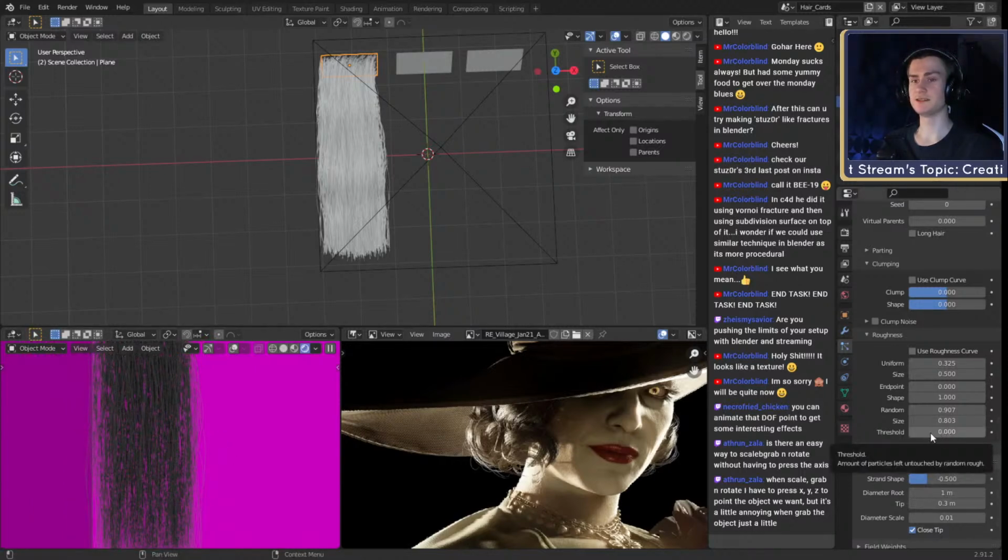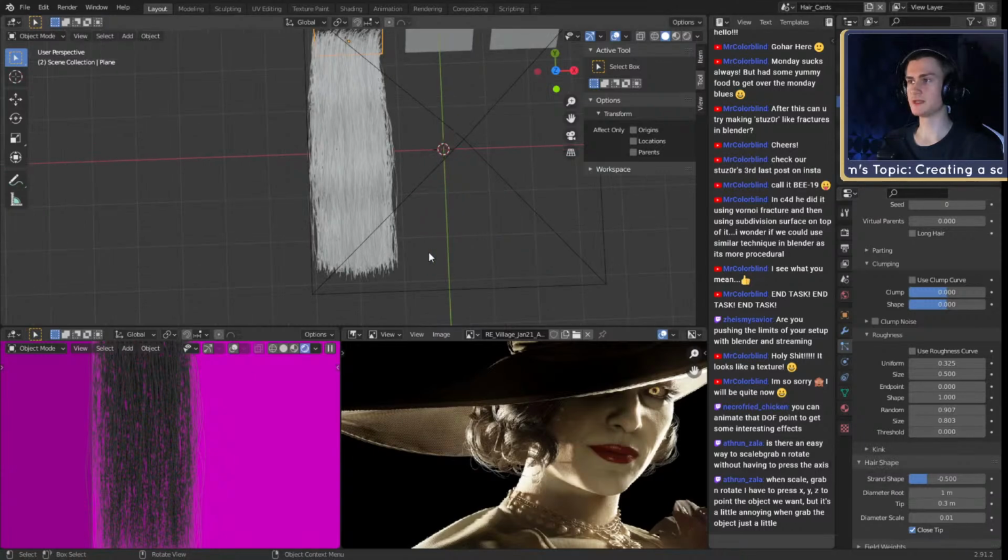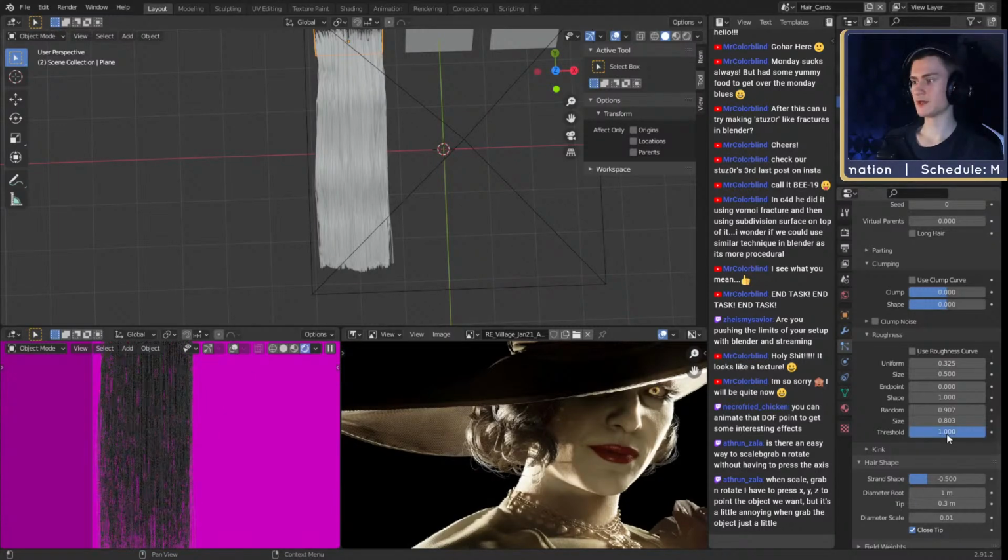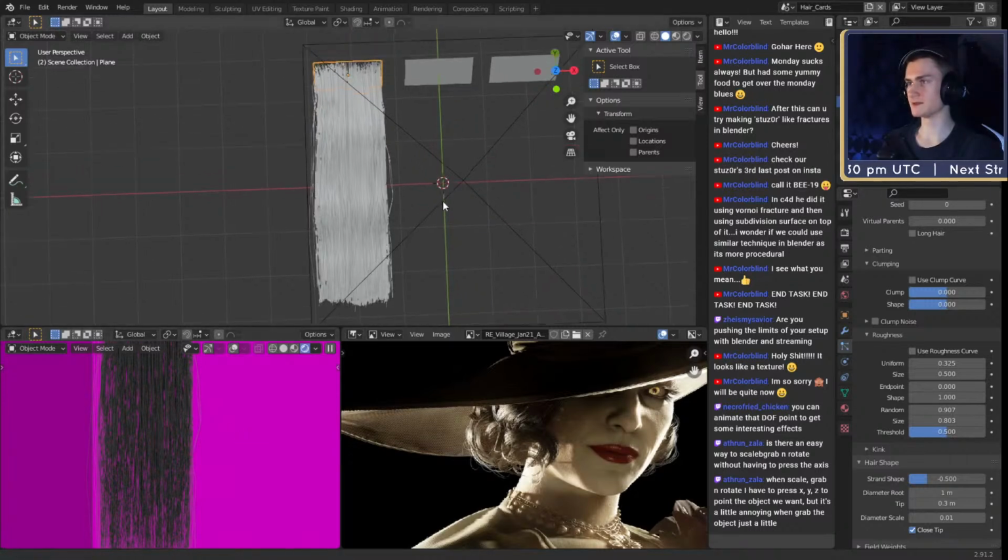You can then adjust the threshold to determine the percentage of hair strands that are deviating from the flow. If you put that threshold to 1, 100% of all the hairs will not be affected by the randomness. If you put that to 0.5, half of all the hair will be affected by the randomness.